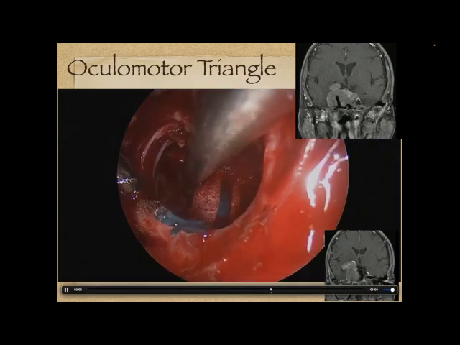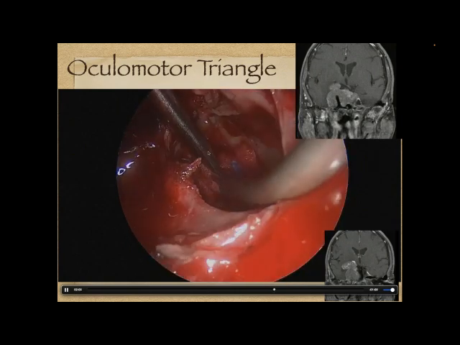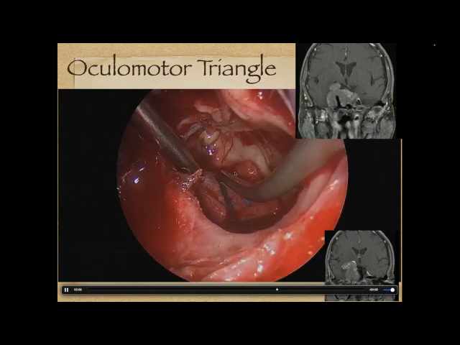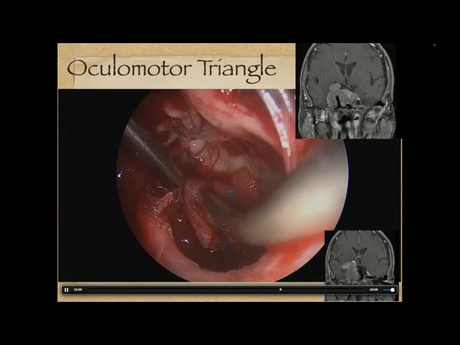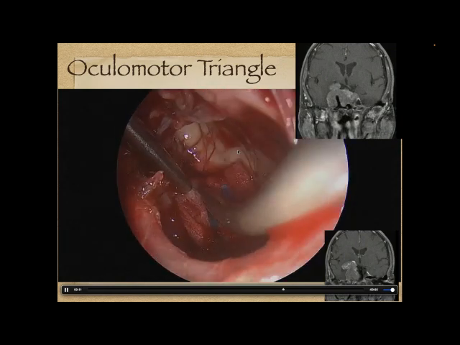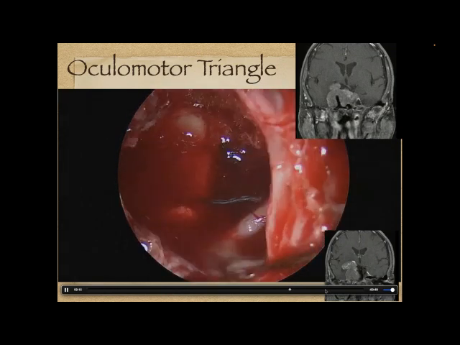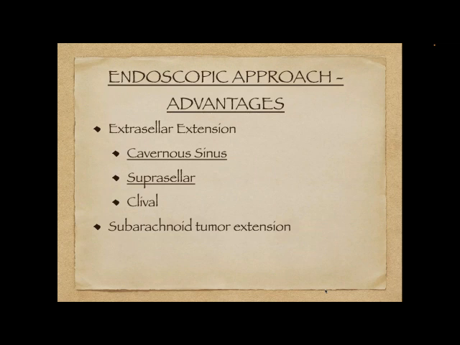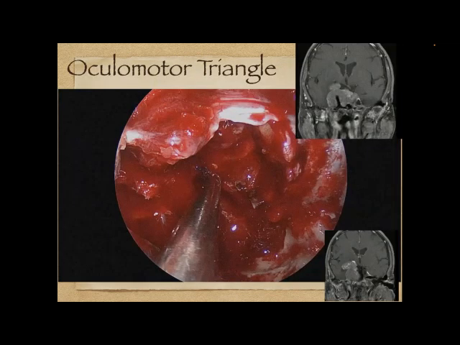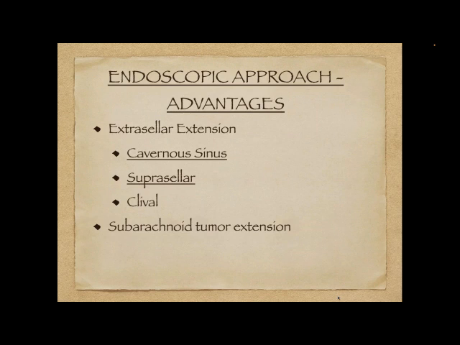again, we can follow them, bring the endoscope in, and follow them all the way out to where here you're actually getting a glimpse of the brain, because we followed the tumor through that oculomotor triangle below the nerve that you can see up above there, and we can preserve the nerve and the arteries and still get a complete resection or even a near complete resection of a tumor like this.